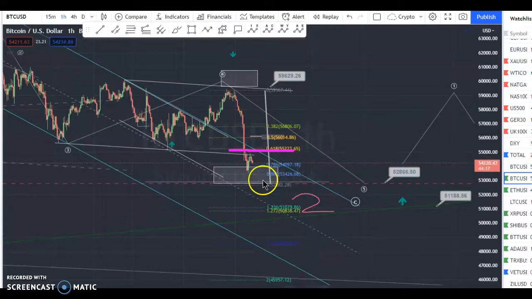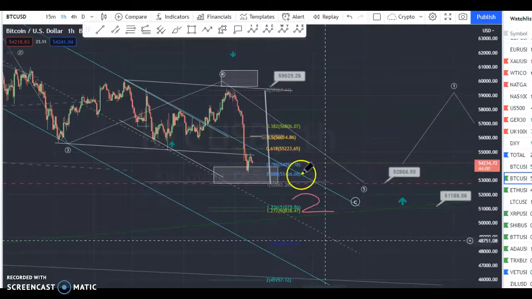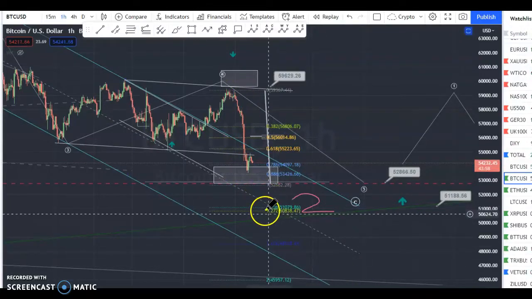And then the next one is the 123%. If we look down here, we've got the 123% right there. So there's my line there, and that gives us a price of 51,000 and some change. All right, so you can project 1 to 1 of wave 1, that's the length of wave 5, or it could be the 123 extension over there, which in this case,